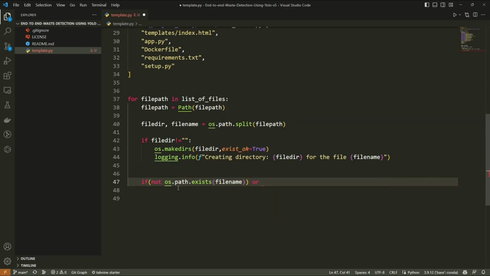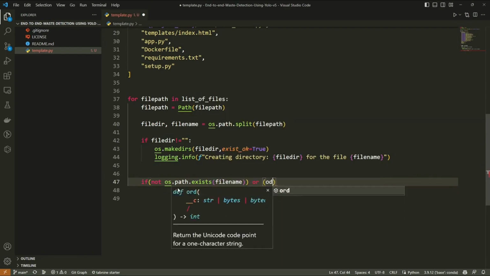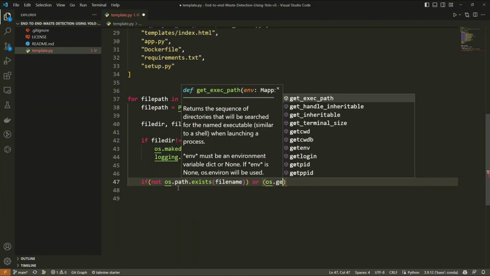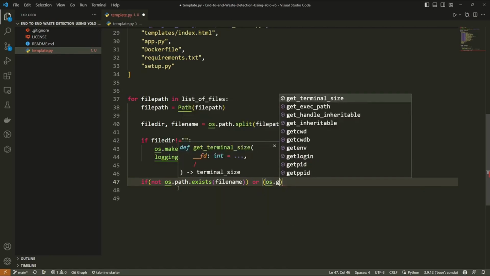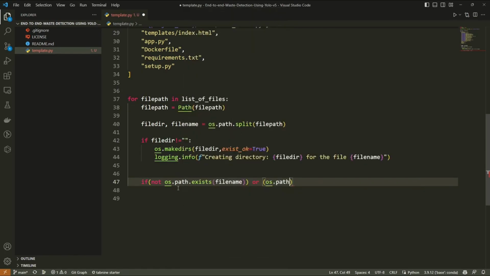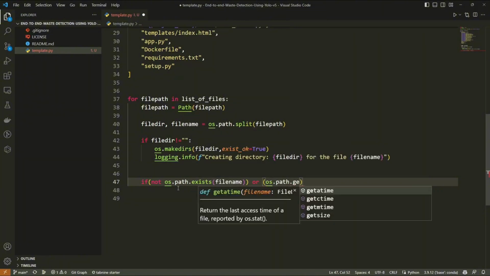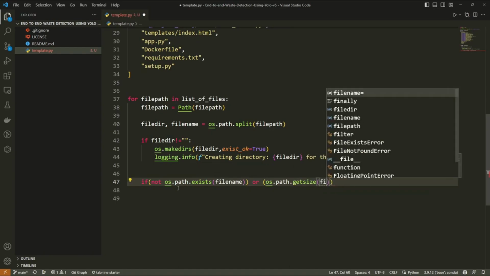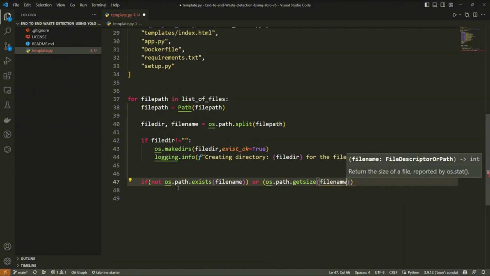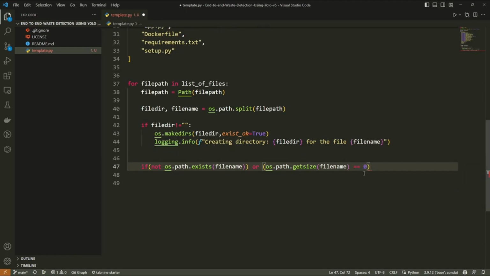I'll define another condition, os.path.getsize. I'll pass my file name. This file should be equal to 0 getsize. Okay, that means what I'm telling,